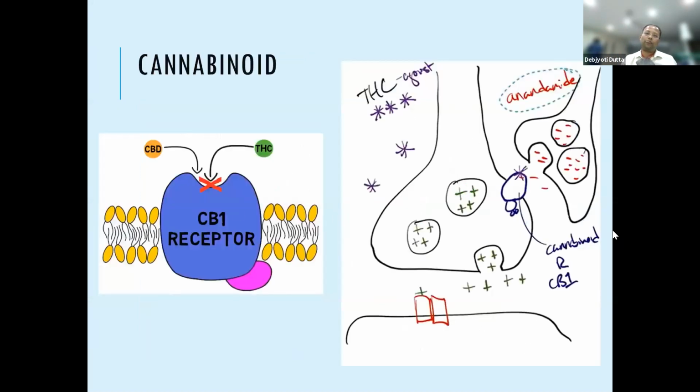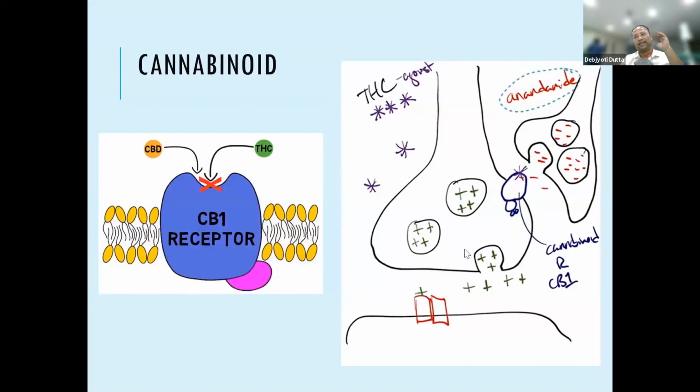Cannabinoids are also from the cannabis plant. We get two main types of cannabinoid: one is CBD, one is THC. Mainly CBD is used for therapeutic use. So it also ultimately acts here in the